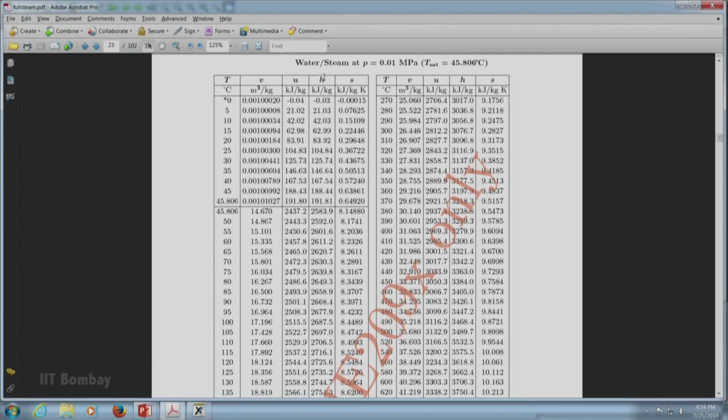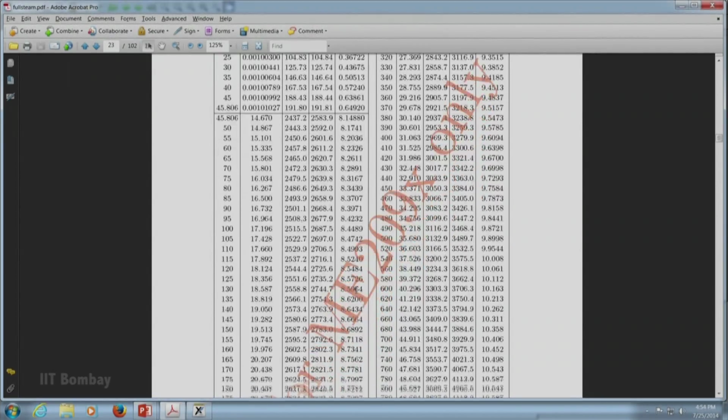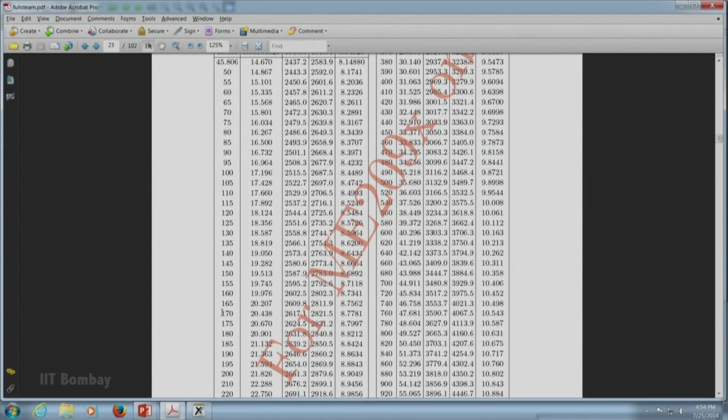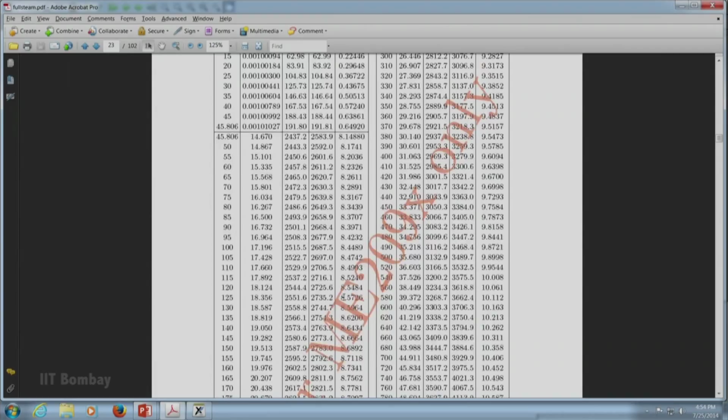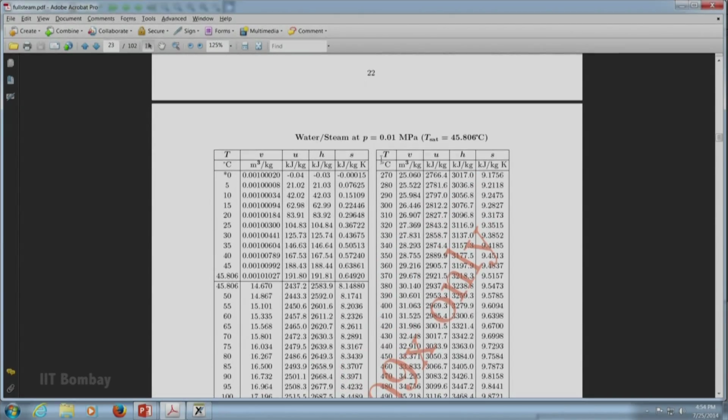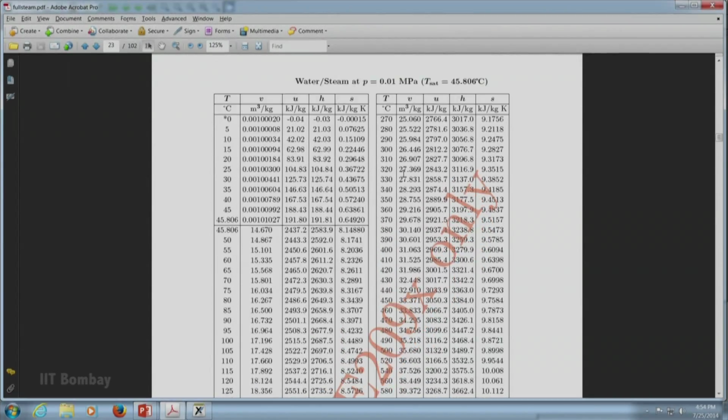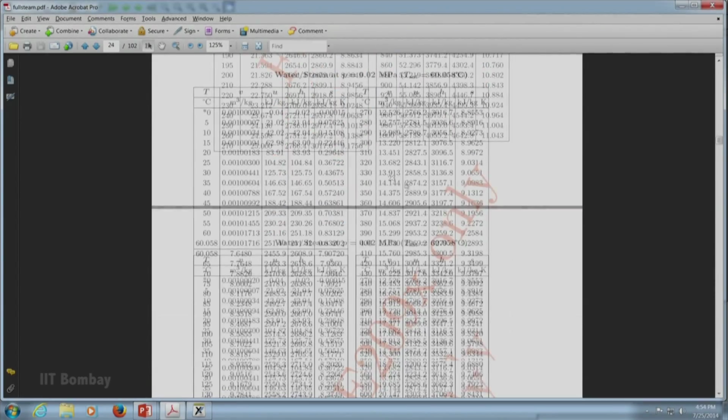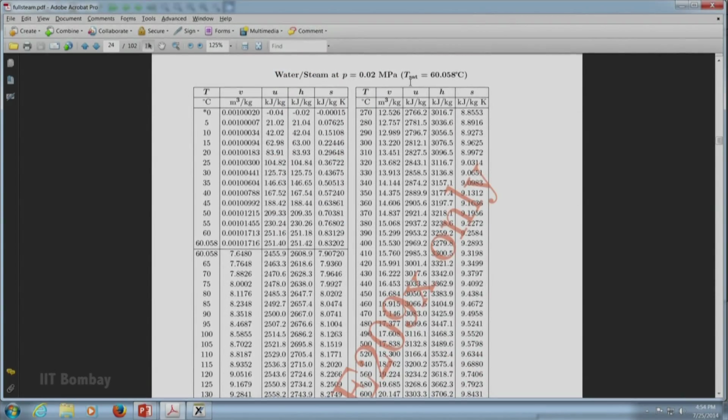So here we are at table number 3, P is equal to 0.01 MPa, and let us locate T is equal to 170 degree centigrade here. So this is 170 degree centigrade and the corresponding value of enthalpy is 2821. So I will just note down the value at 0.01 MPa, then we can look at the values for the next table. Okay, let us see at 0.02 MPa